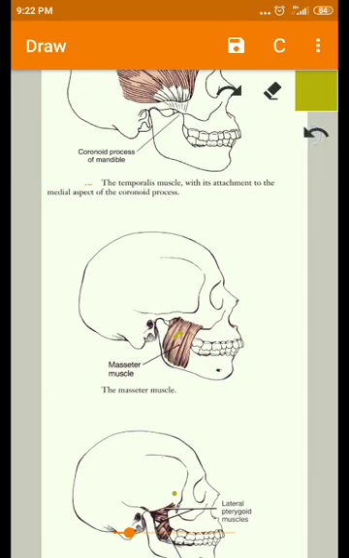So masseter is attached on the external surface of the ramus, whereas the medial pterygoid is attached on the inner surface of the ramus near the angle of mandible. Okay, and the combined action of this masseter muscle and the medial pterygoid muscle helps in protrusion of the